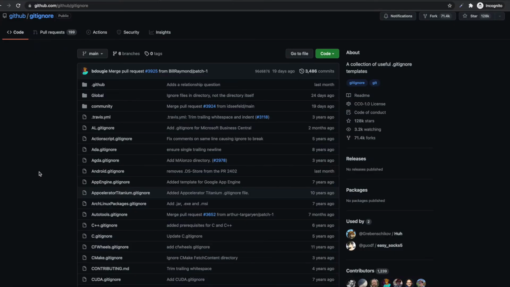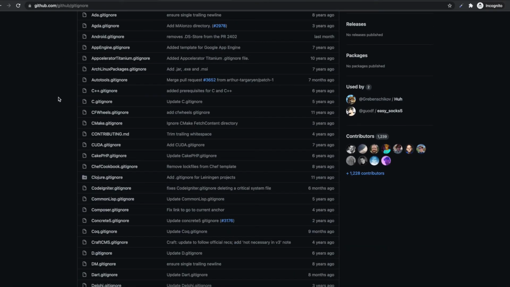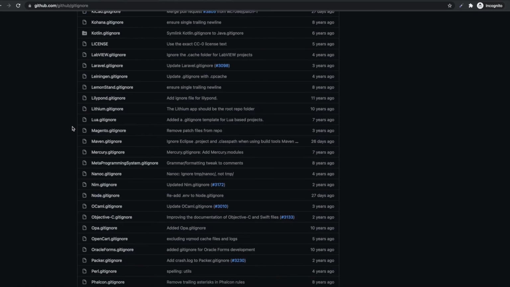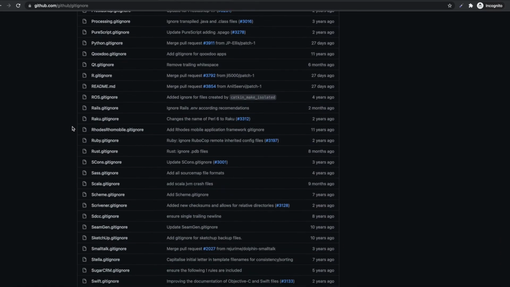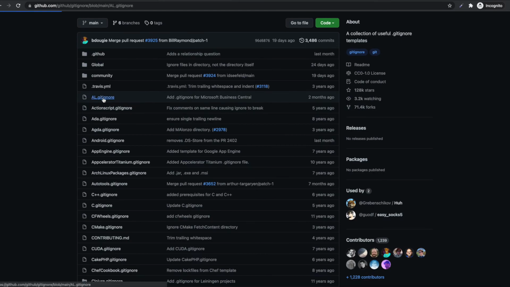Okay guys, so suppose we are working on some project and we don't know which files or folders we need to exclude from our git. For that, this git URL contains sample git ignore files for some projects. You can download the git ignore file from here, or you can just see how to ignore some files.